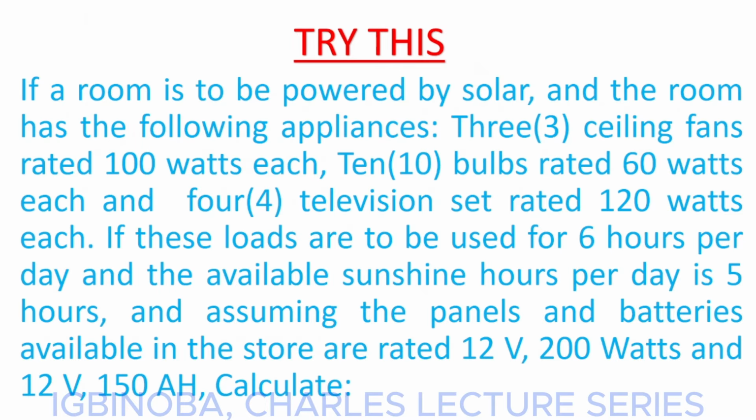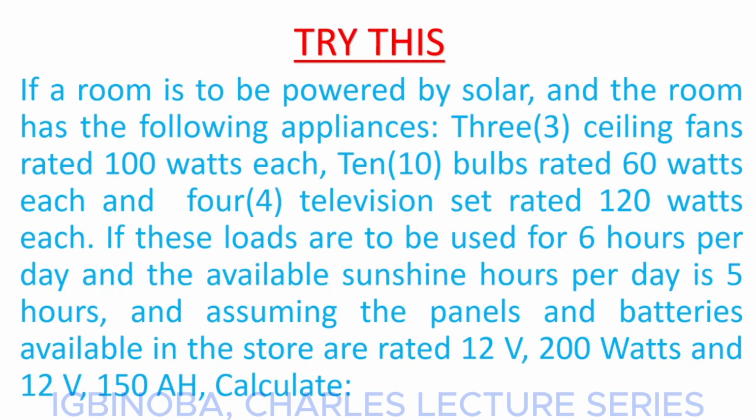So I want you to try this question, try it and leave your answer in the comment section. The question reads, if a room is to be powered by solar and the room has the following appliances: 3 ceiling fans rated 100 watts each, 10 bulbs rated 60 watts each, and 4 television sets rated 120 watts each. They say if these loads are to be used for 6 hours per day and the available sunshine hour per day is 5 hours, and assuming the panel and batteries available in the store are rated 12 volts, 200 watts,